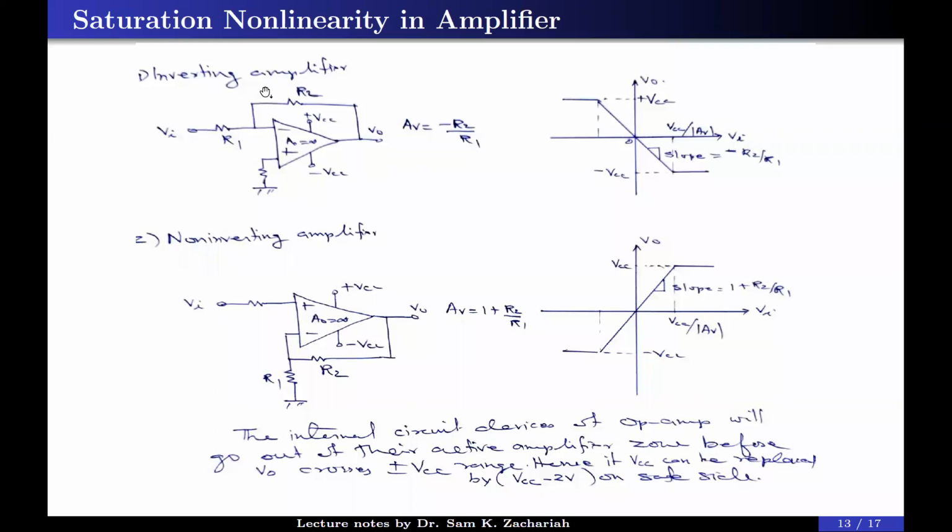For the time being, assume that we are not considering this, because we already said that 0.5 volt is there, and A naught is a large gain, and this voltage will go towards minus infinity, isn't it? Because here plus 0.5 into infinity is minus infinity. If the minus infinity voltage comes here, what will happen? It will take a very large current through this terminal. Am I right? That is 0.5 minus 0.5, that is infinity. Infinity by R2, a large current will flow.